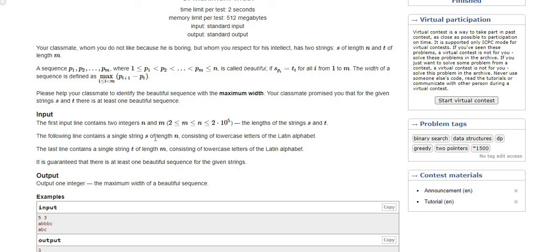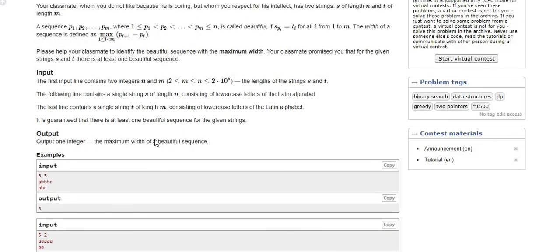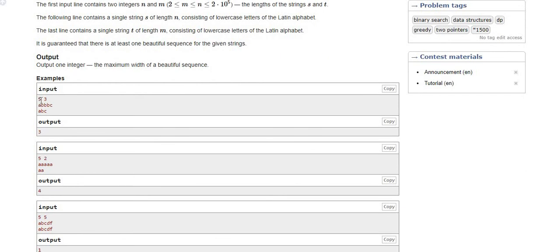Okay, so let us have a couple of examples. In example 1, the length of the first string is 5 and the other string is 3. So basically we have to find ABC out of this. Considering 0-based index, first I pick this A which can match with this A, then I can pick this B or this B or this B, so indices 1, 2, 3.